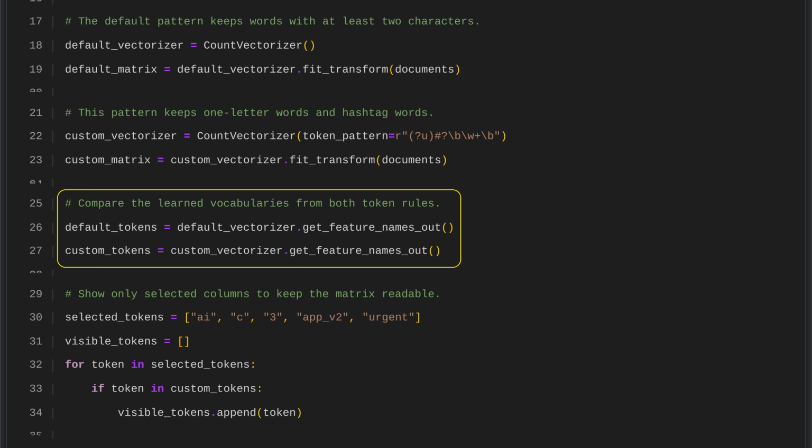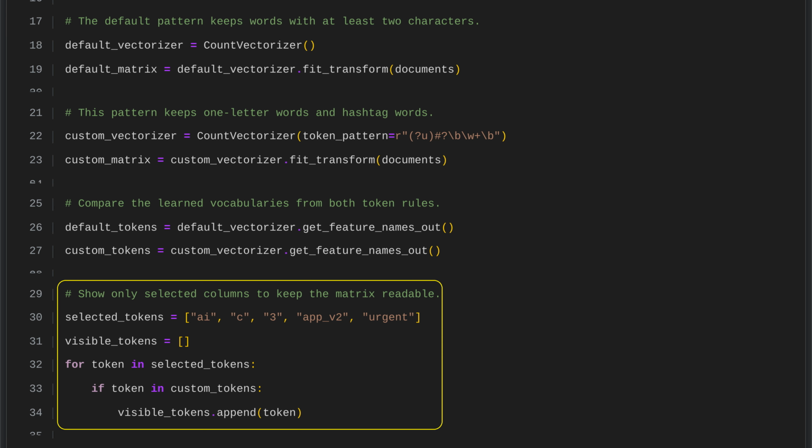We compare the vocabularies learned by the default and custom vectorizers by retrieving each one's feature names. This shows which tokens each token pattern identifies from the same documents, making it clear how the token pattern changes the extracted vocabulary. We choose a small set of tokens to examine,